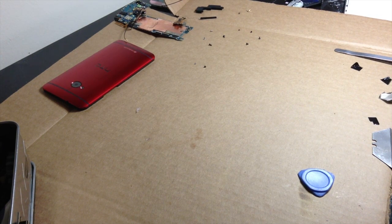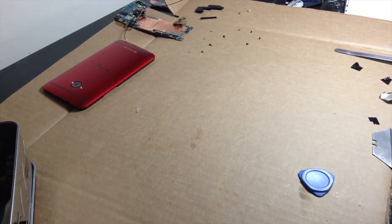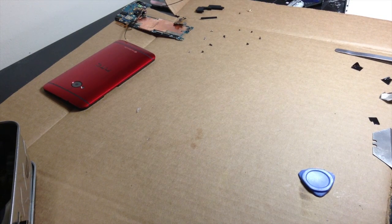So now I'm going to go ahead and take apart my T-Mobile HTC One, which, once you've taken your HTC One apart the first time, is extremely easy to do after that. So what I'm going to go ahead and do,